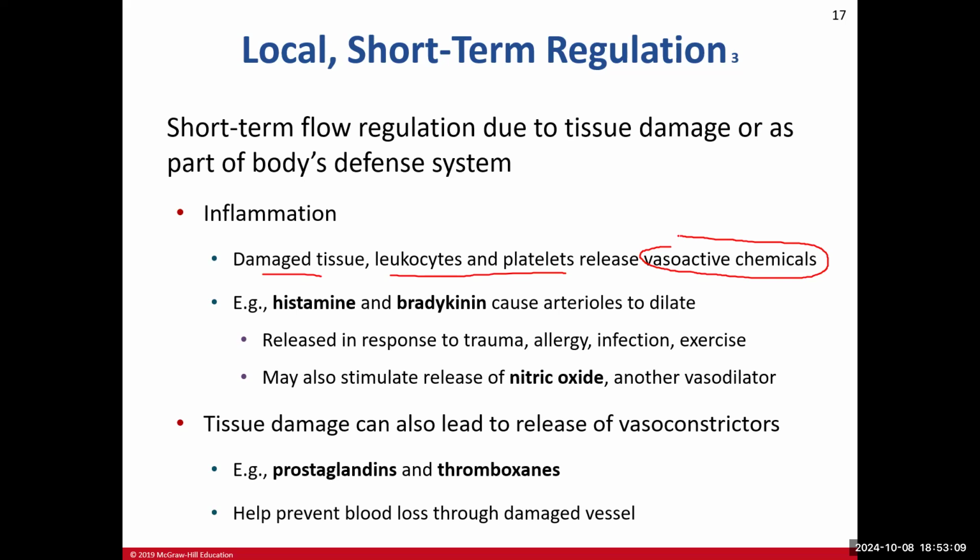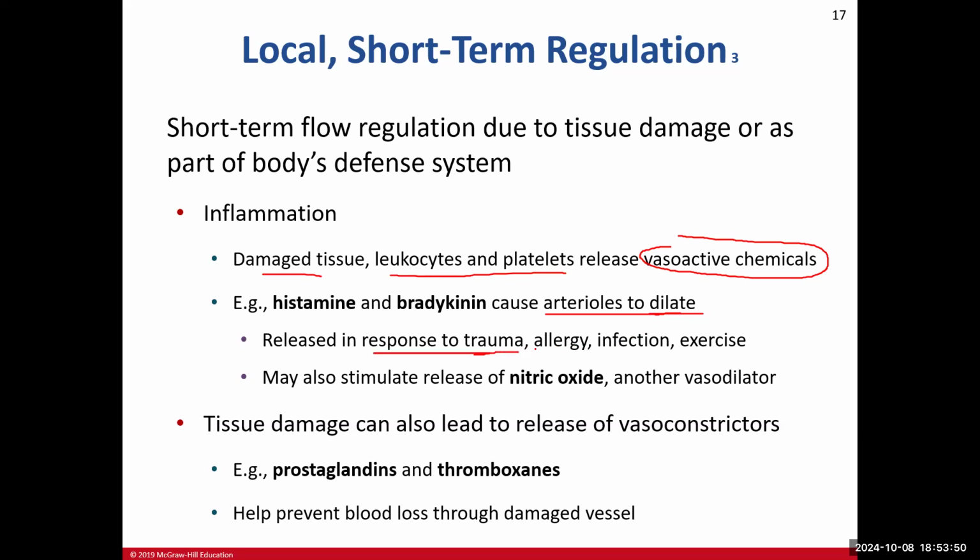And then bradykinin is going to also contribute to, and histamine does the same thing, but they cause dilation here in the arterioles there. And so when you get an increase in dilation, you're going to get an increase in the blood flow. And so, of course, we want to increase our blood flow to that damaged site to bring in things to repair whatever was damaged, but also whatever's causing that inflammation. If it's a pathogen, like a virus or bacteria, we'll bring in our white blood cells to help fight whatever that is. But